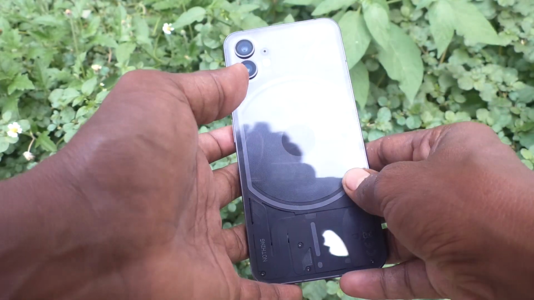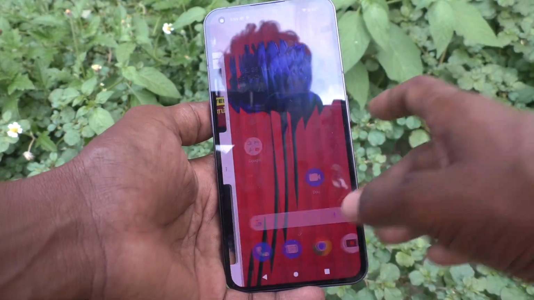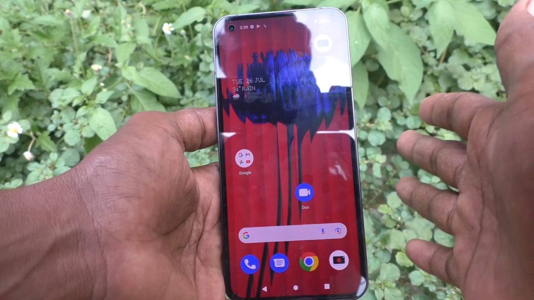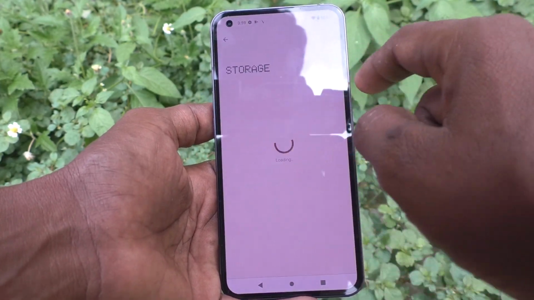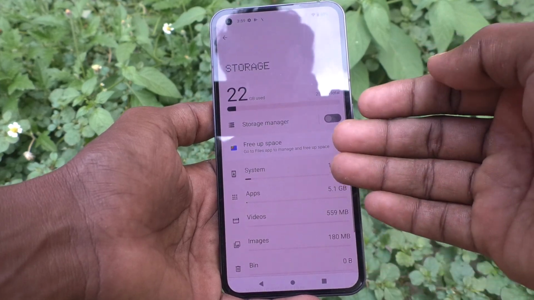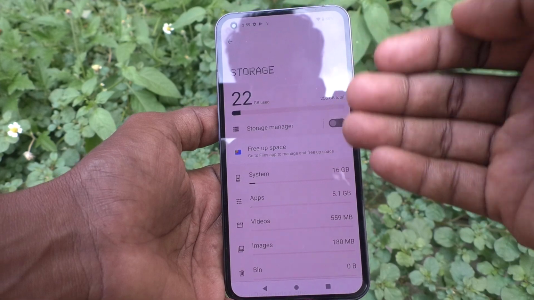Here is Nothing Phone One Smartphone. In this video, you will learn how you can check storage details of your phone Nothing Phone One. First, go to the settings and click on storage, and you will see all storage information here, like a breakup